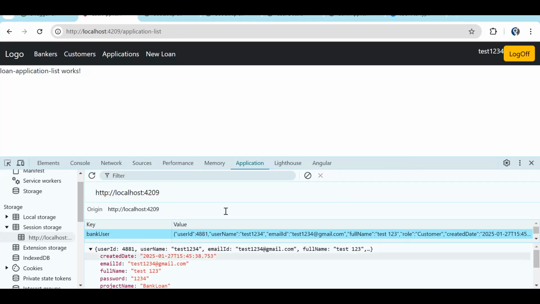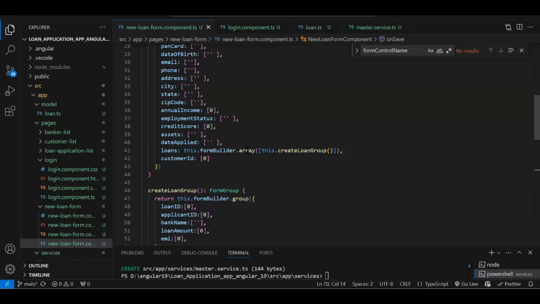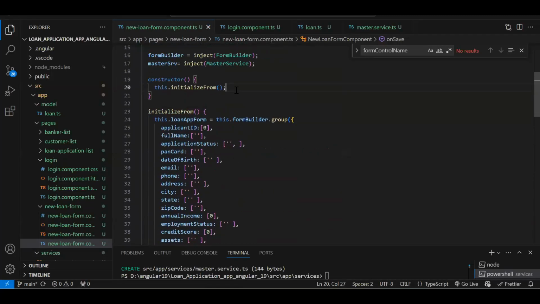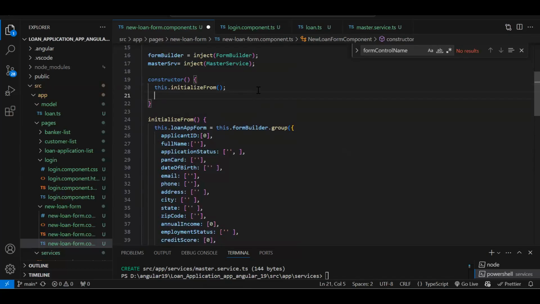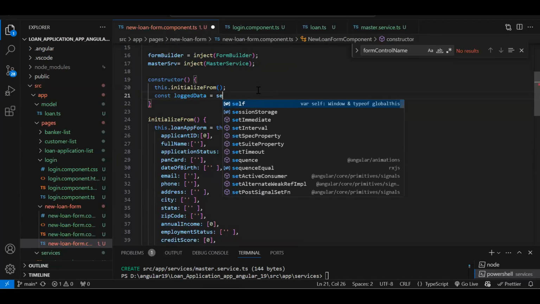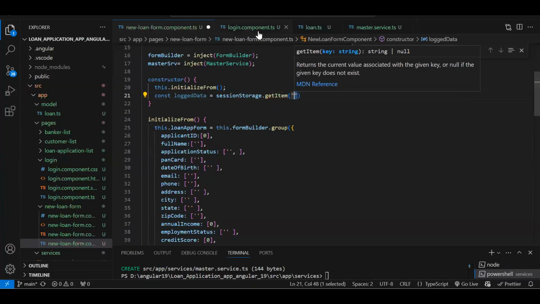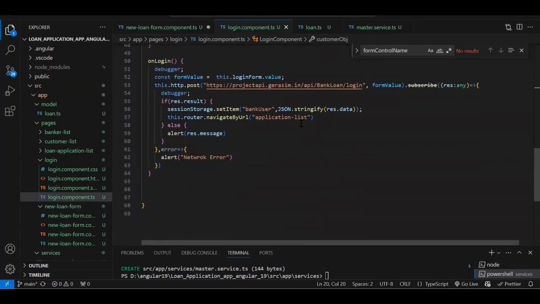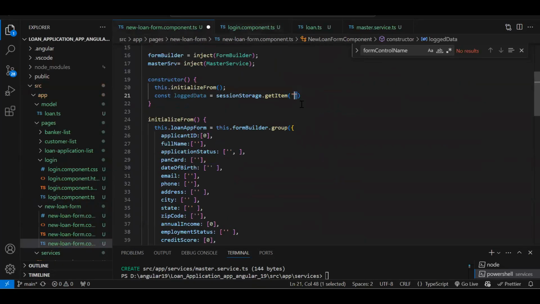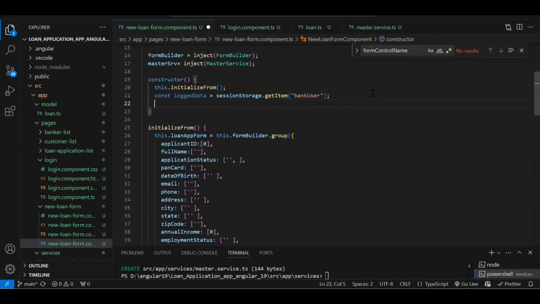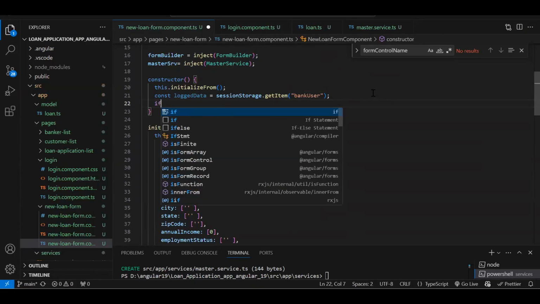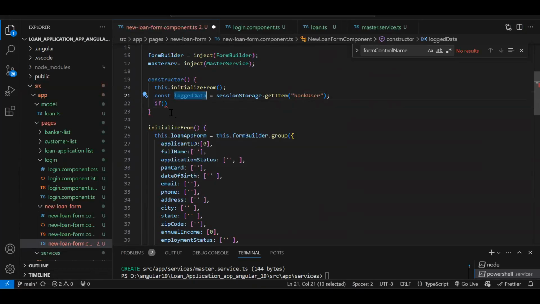So when we are initializing this reactive form, once we initialize this reactive form, after that, we need to read the local storage data. So const loggedData is equal to sessionStorage.getItem. And what's the getItem? Our key name is bankUser. In this key, we are going to store the logged in data. And again, whenever we are reading data from local storage or session storage, we have to add a null check. So if logData is not null,